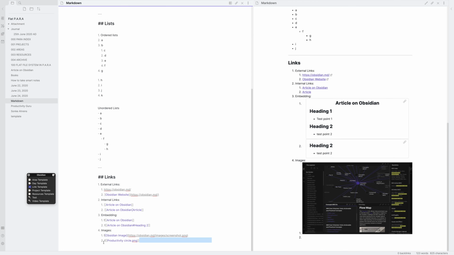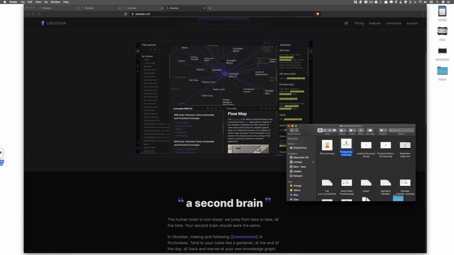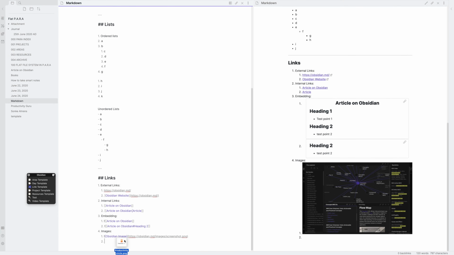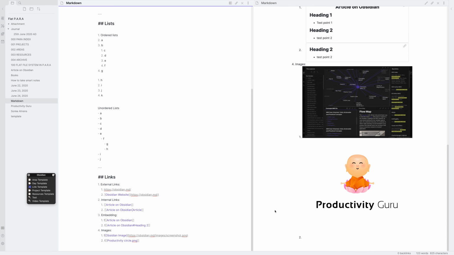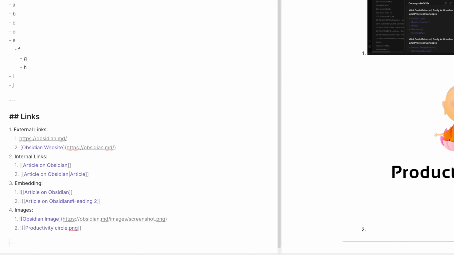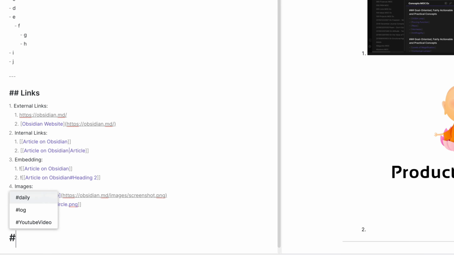Now I'll go back to Markdown. We'll get rid of this because this is not a reference to anything. And again, I'll copy it from here and put it inside here. Now, as soon as I put it back here, you can see it's come back. But as soon as I put it there, you can see the file is not here anywhere. It's now in attachment because we had specified it there. So that is links. Now, the next thing we're looking at is quotes.